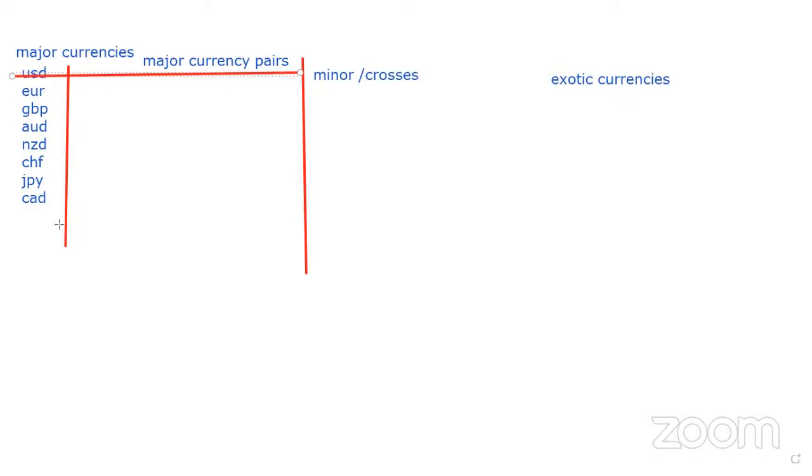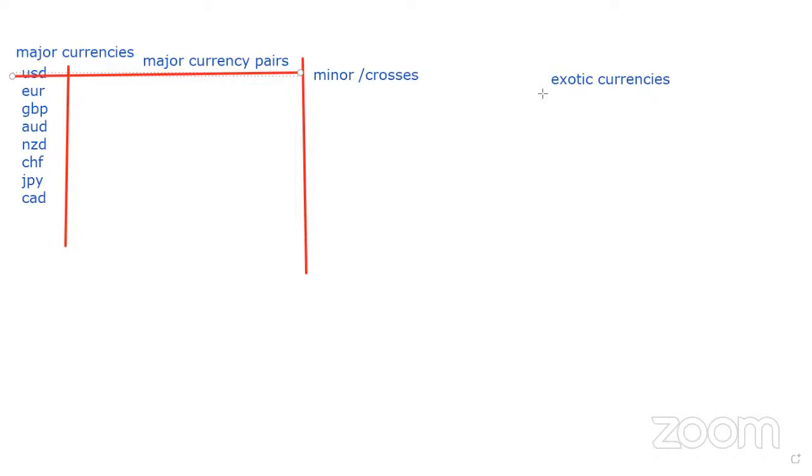CHF JPY, CAD JPY, CHF NZD, AUD NZD, CAD. All of these, when you start crossing them, you have over 40-something pairs. Okay, it'll be close to 50. I can't start doing it because of time. So that's why I say get the manual. When you cross them among themselves, they are seen as minor currency pairs or crosses.